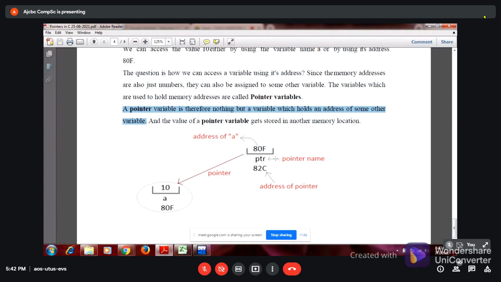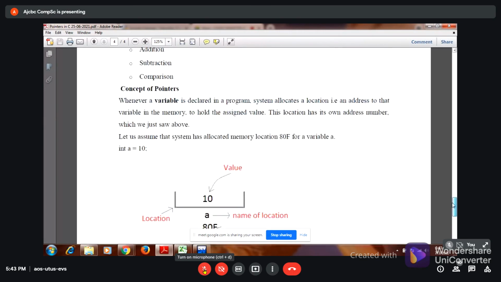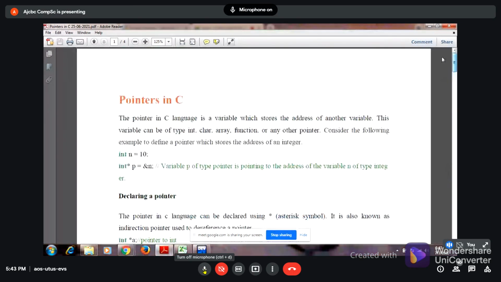Suppose another variable is PTR. It points here, so it stores ATF, and it also has some other address, 82C, because PTR is a pointer stored in some other memory location. It has its own memory location, and it points to variable A, fetching its address as well as its value. So this is your pointer concept. Any doubt in this note?